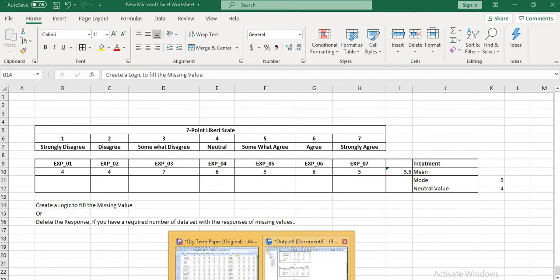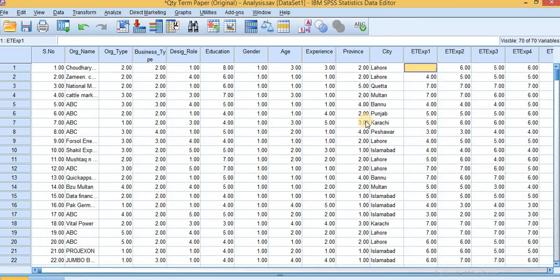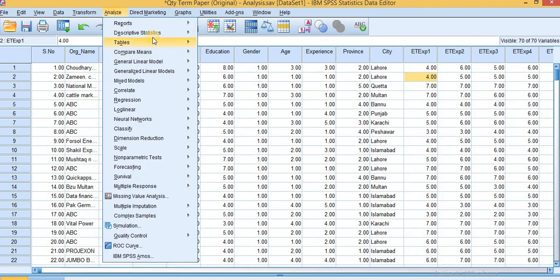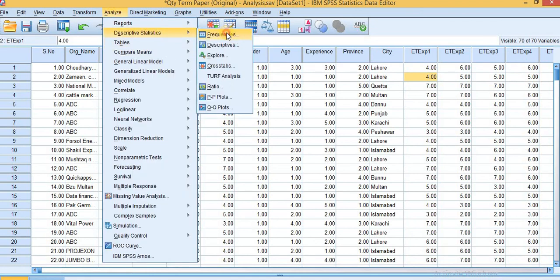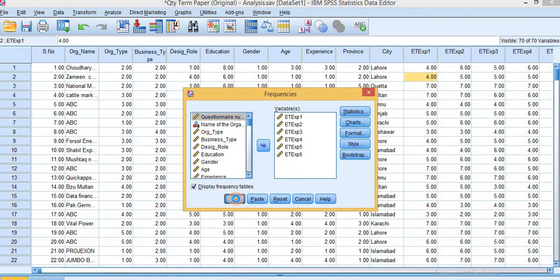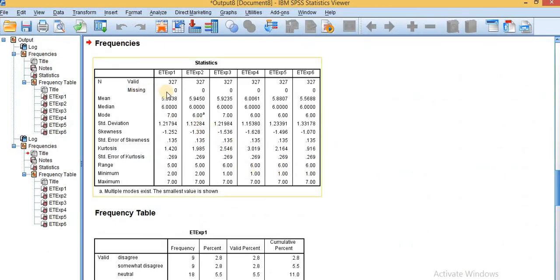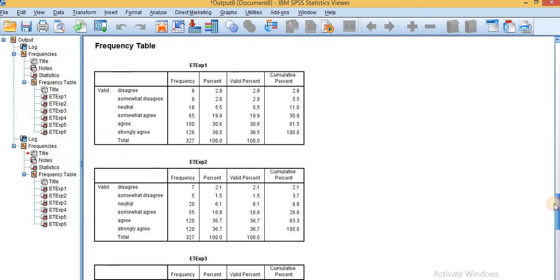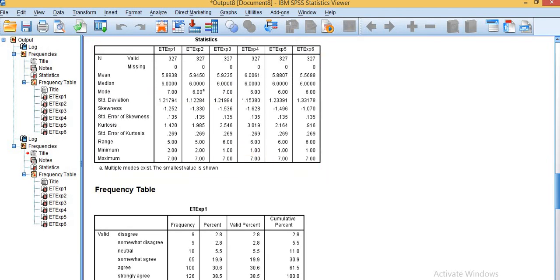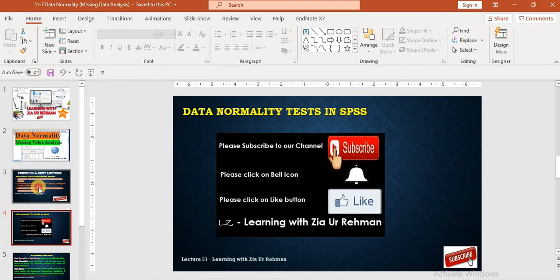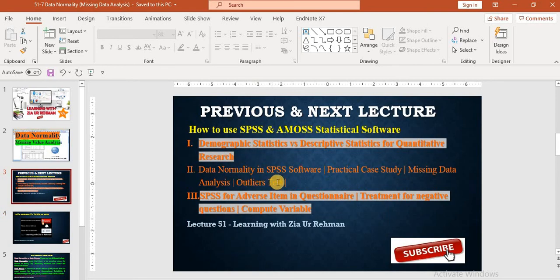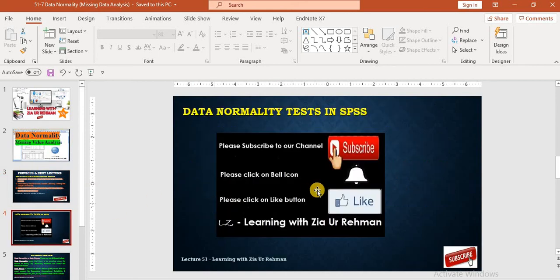And here, look at this, what I can do is put the neutral value here, and then I check again that there is no missing value, and then I will move forward for further analysis. So here I treated the missing value and there is no missing value now, so I am putting this data forward for further analysis. The next lecture will be about how to find the outliers and how to treat the outliers. So you are requested to please listen to our next lecture.